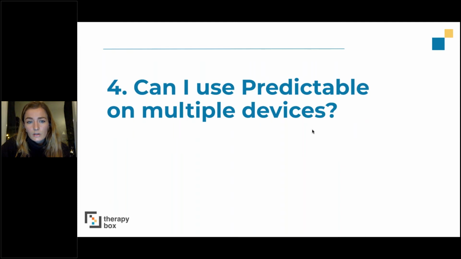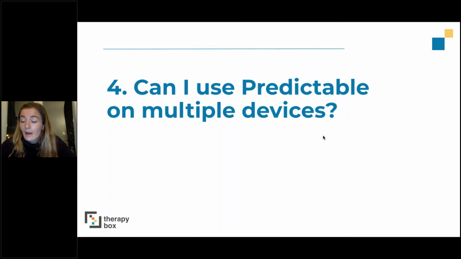The next question is, can I use Predictable on multiple devices? So yes, you can. As we saw previously, I was using Predictable on the web platform and as well on this iPad. The content of my Predictable account gets synced automatically when I am connected to the internet.